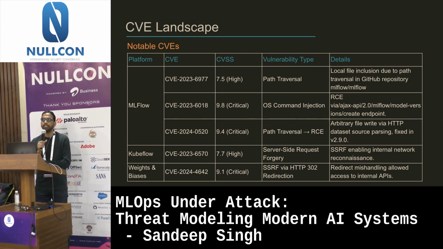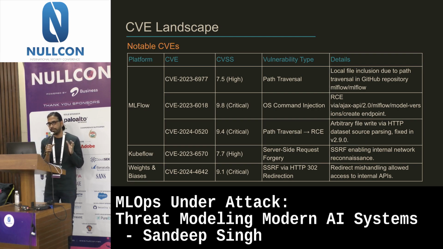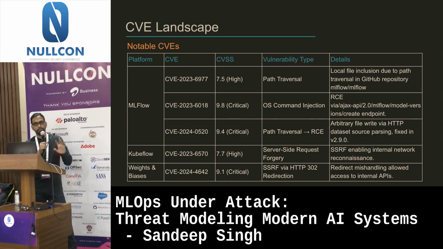In 2023, some of these platforms had like 2-3 CVEs reported, and I'm talking about meaningful CVEs, not random ones like 3.1. And in 2024, MLflow itself had, I think, 9 critical issues reported. Kubeflow has some of them too, depending on how their deployment works, they have different kinds of issues. Kubeflow apparently has a trend of SSRF issues coming up there.